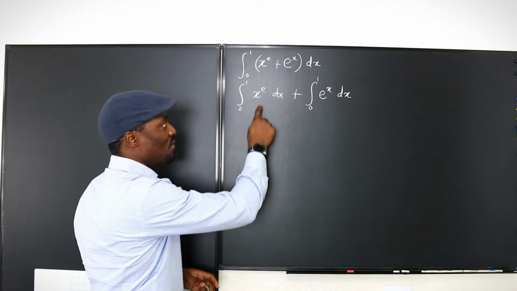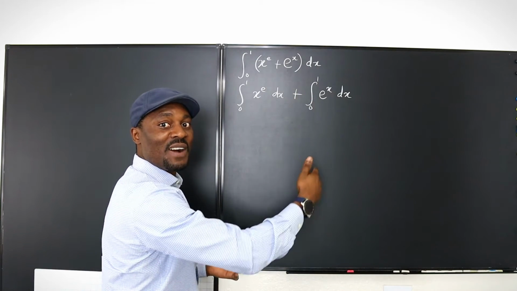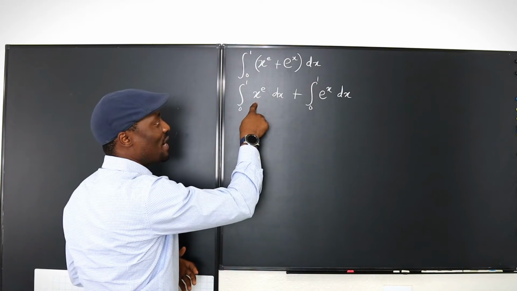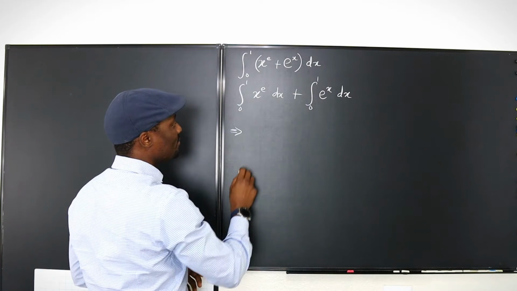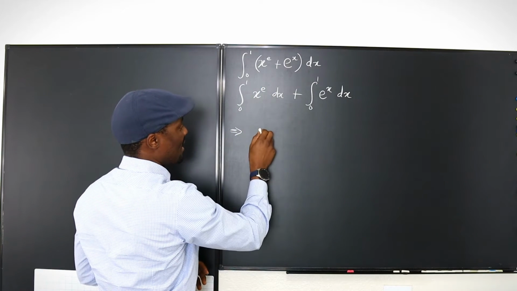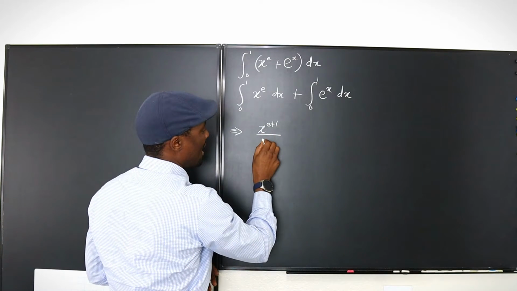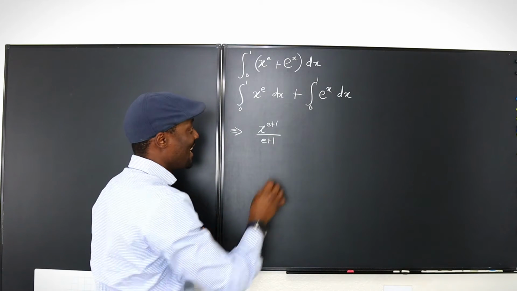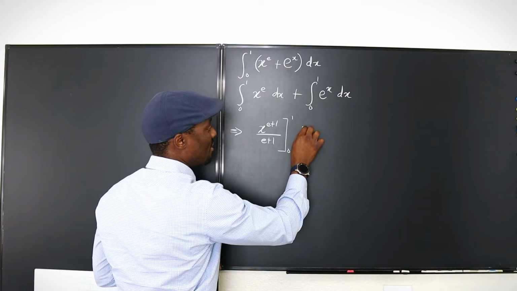So remember, if you integrate x to a constant, you just need to add 1 to it and divide the expression by what you get. So that's what we're going to do. We're going to go ahead and integrate this right there. If we integrate this, it's going to be x to the e plus 1 divided by e plus 1. And that's it. Okay? Within the boundaries 0 and 1, plus